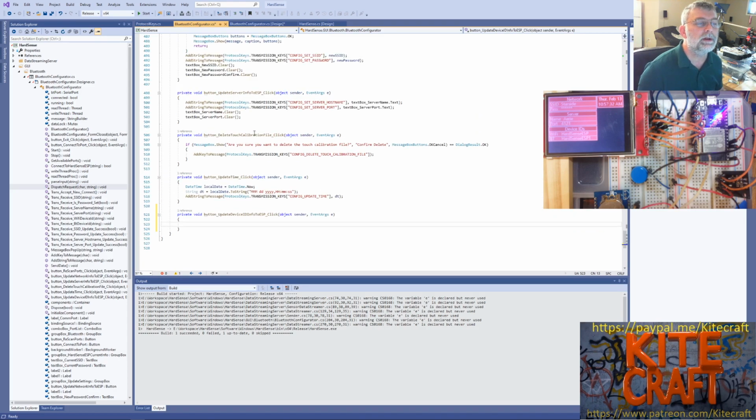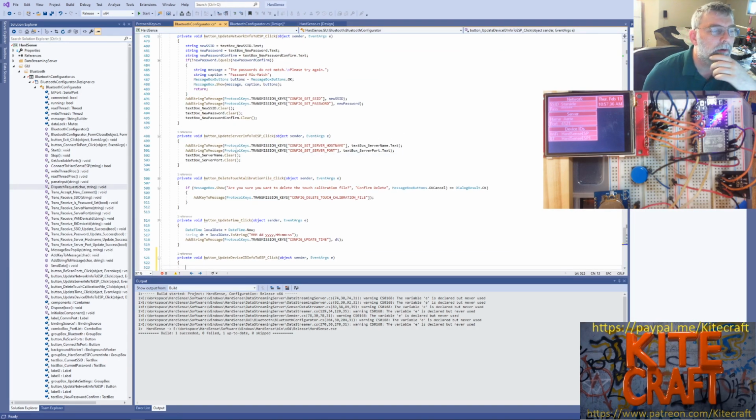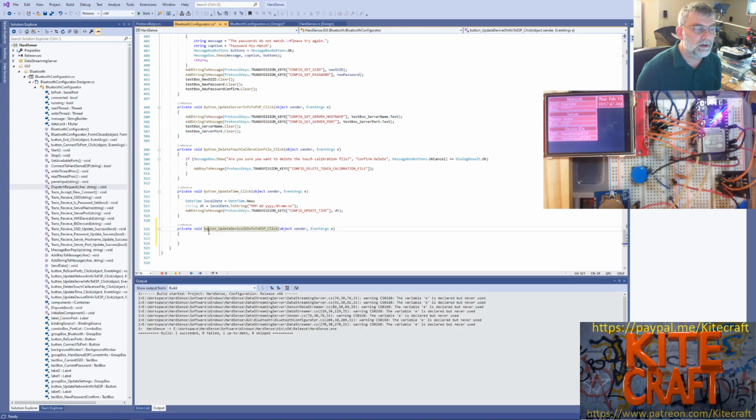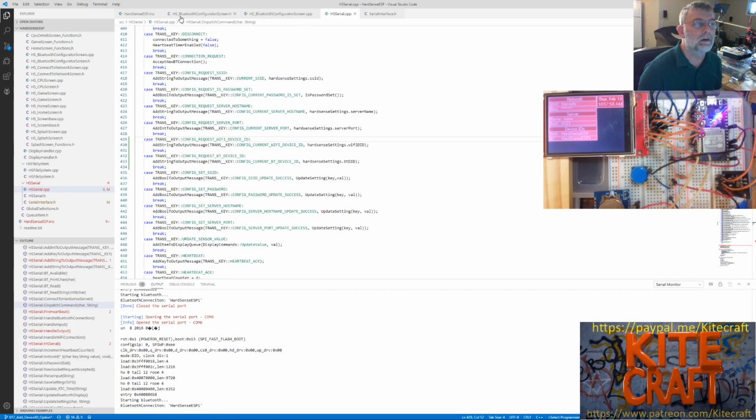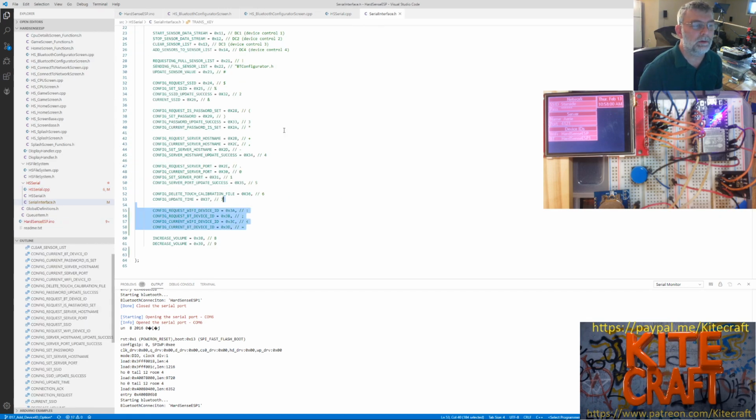I kind of want to do the same thing that I'm doing for the connect button. Where the hell is my connect button? Actually, I'm just going to do the same thing I'm doing right here. What I'm really doing here is I'm adding a string to the message. My transmission key is, oh, I need some new transmission keys, because this is, whoops, where's my serial interface? So now we are actually doing the set